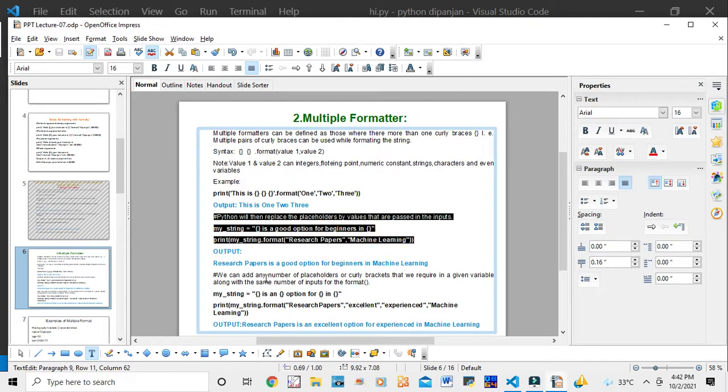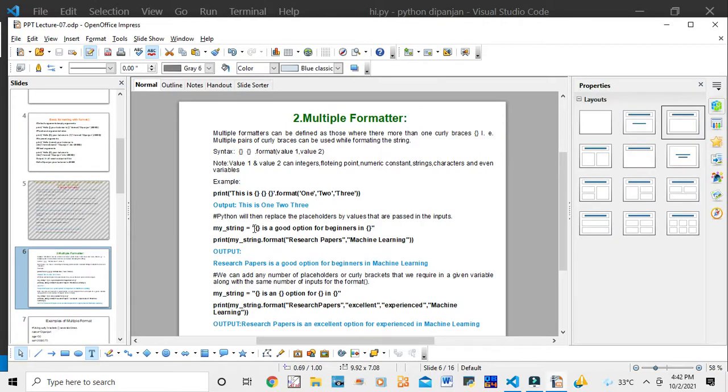We can add any number of placeholders or curly brackets that we require in a given variable, along with the same number of inputs for the format. Like my string, here you see there are four. Earlier I had written only two curly brackets, one and two.